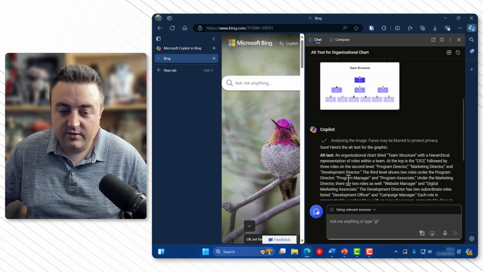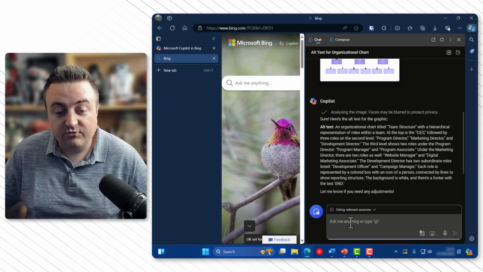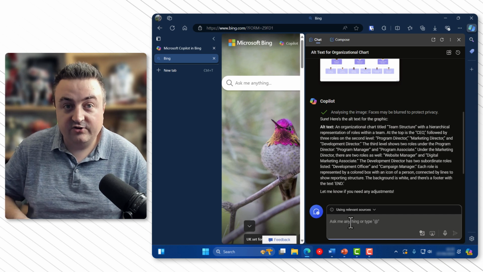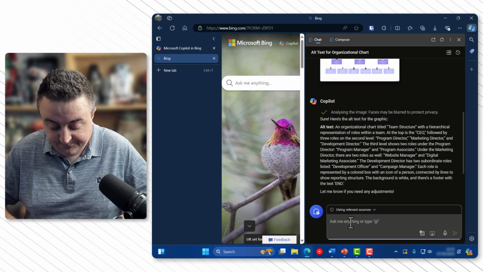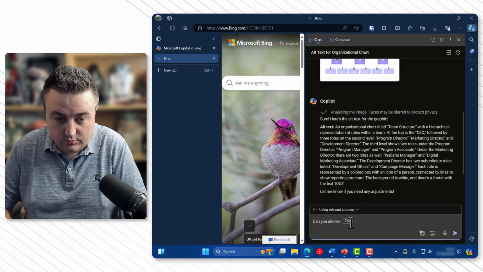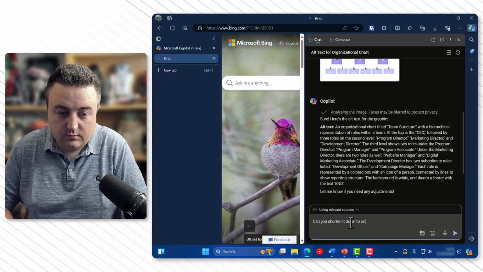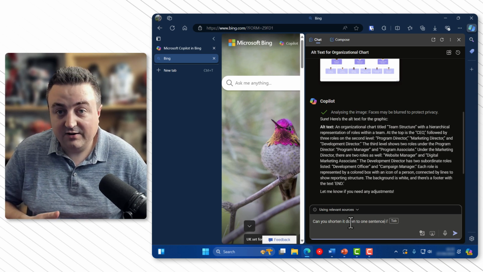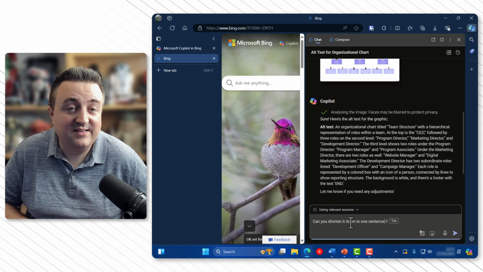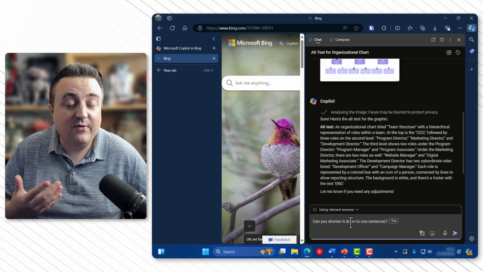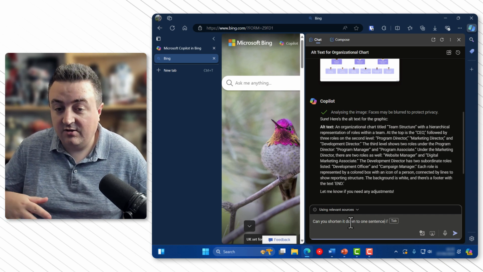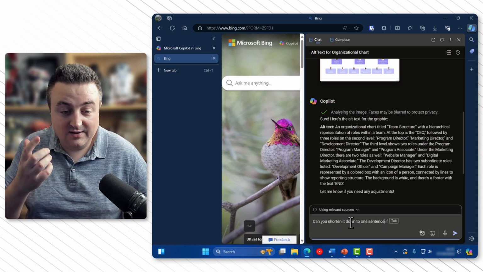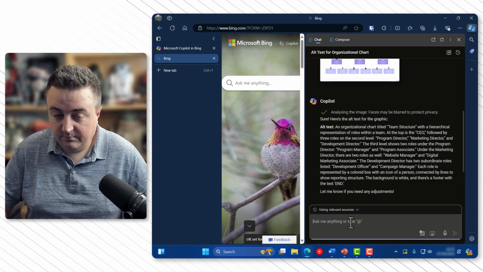Now, the description's a bit too long, so I'm going to ask it to shorten it down to one sentence. Now, before I hit enter, the great thing about Microsoft Copilot and ChatGPT is that you can carry your conversation, so you don't need to do this again. You can just simply ask it to refine the end result.